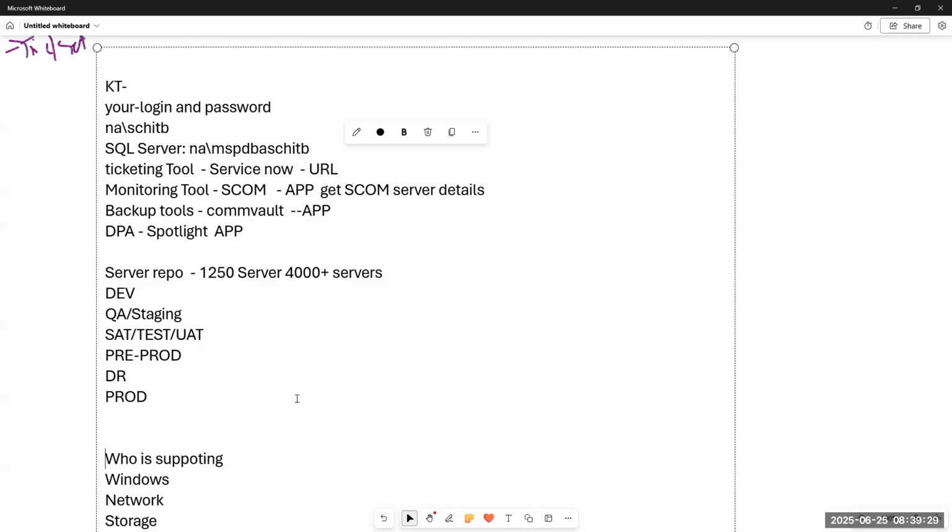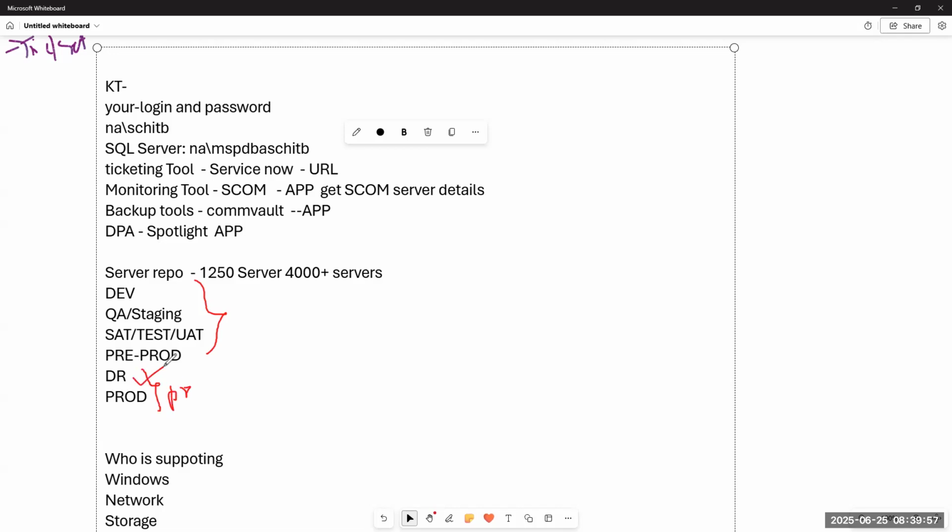That's the reason I'm saying there are only two environments: one is non-prod, one is prod. If you understand that, you are good. In the non-prod, they make dev, QA, staging, SAT, test, everything. These all fit under non-prod, and these two fit under prod.